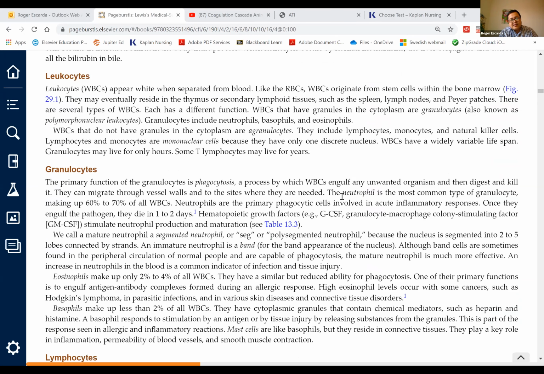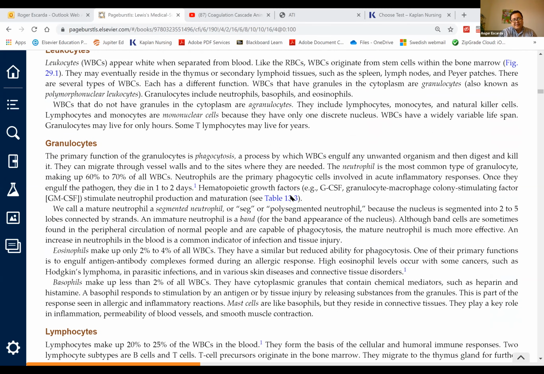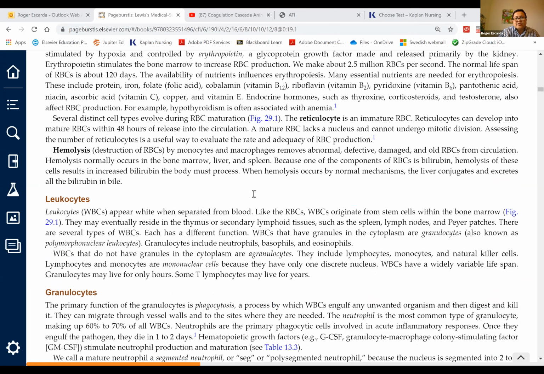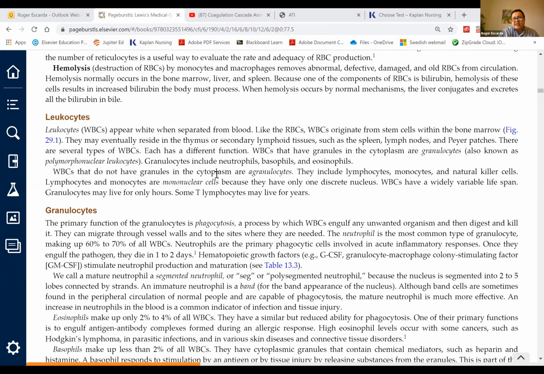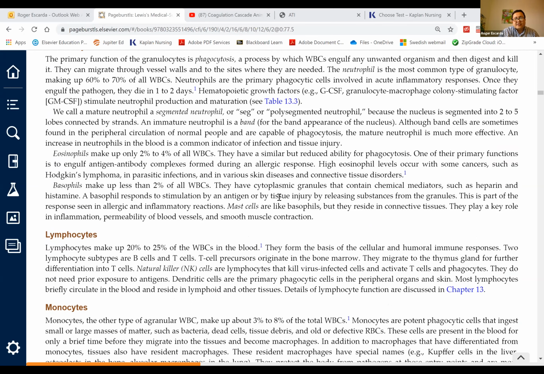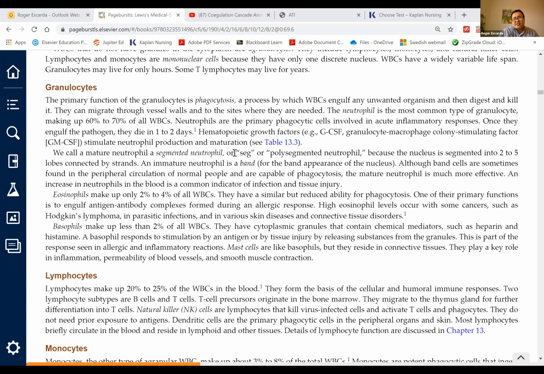So the disorders are not discussed in chapter 29. They're discussed in chapter 30, I believe. So we're just on the assessment chapter. So here are the explanations. It tells you right here. So leukocytes are generally the white blood cell counts. And then you have here granulocytes, which are your neutrophils. The segmented ones are the